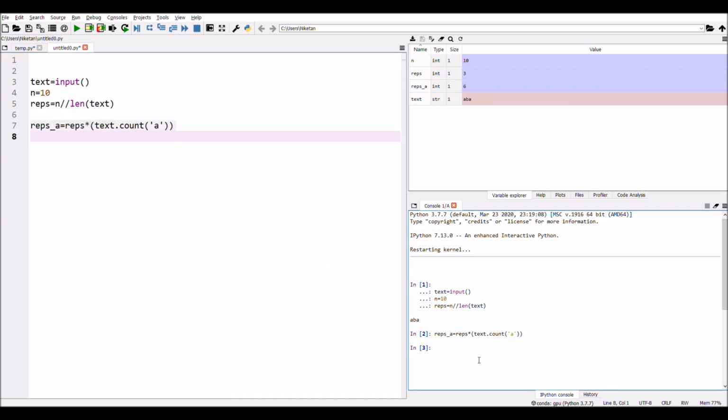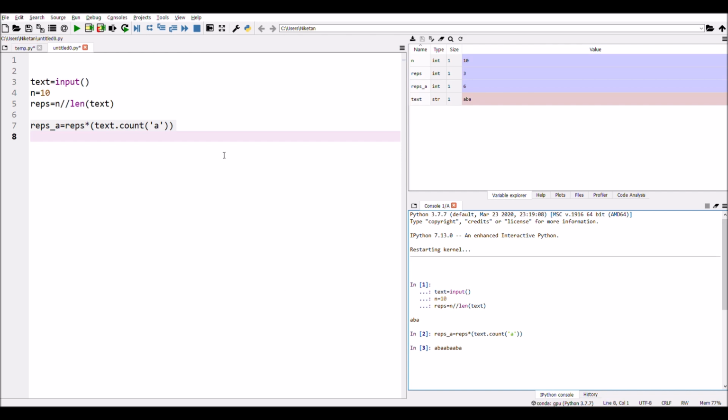So we have reps A as 6, which means if ABA is repeated 3 times, we have A 6 times. But the length of the string is 9, which is not equal to 10, so we have to repeat it not as a complete repetition, but for the remainder amount.